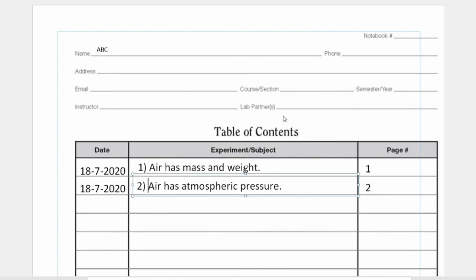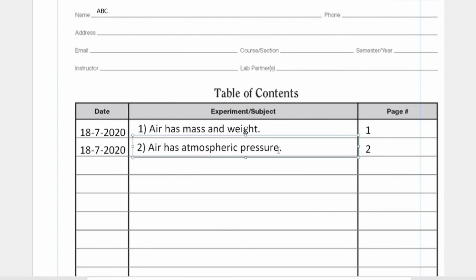Now what you have to write in this book: there are two pages. First is the table of contents, that is the index page, and here is a summary of all the activities you will do in the future. The activities have already started from this lesson. In this lesson you have to do some activities and write them in the activity book. So how to prepare your activity book?